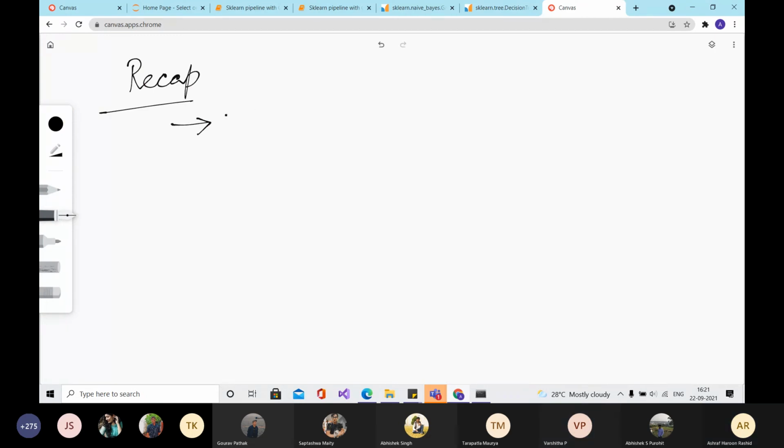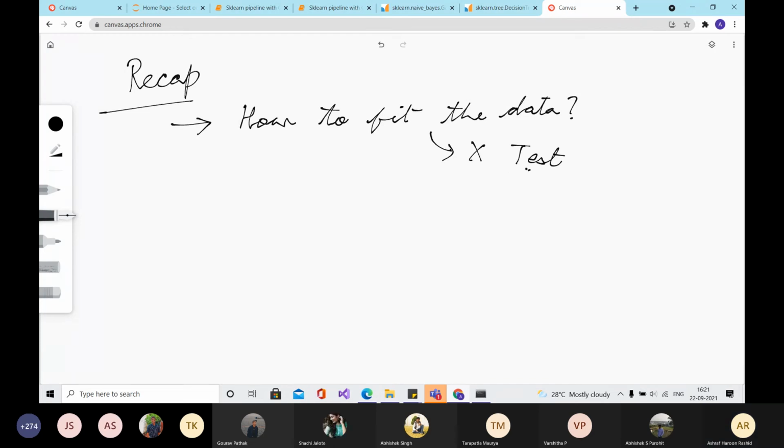Yeah, that was the question, on how to train your model, like how to fit the data. And the answer, and some of the things we observed, was that we should not use test data to train a model. If we fit on test data, then this causes what we call leakage.